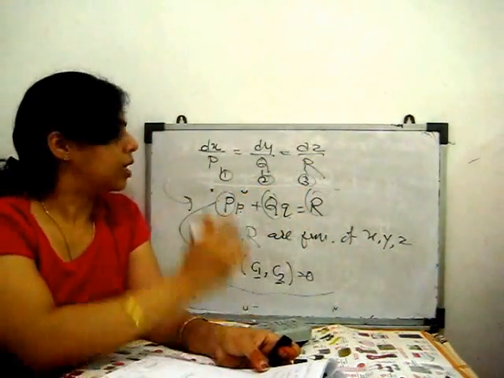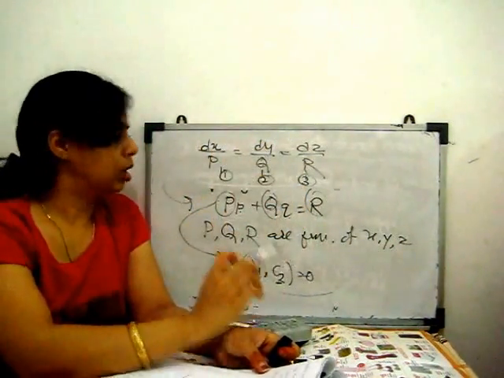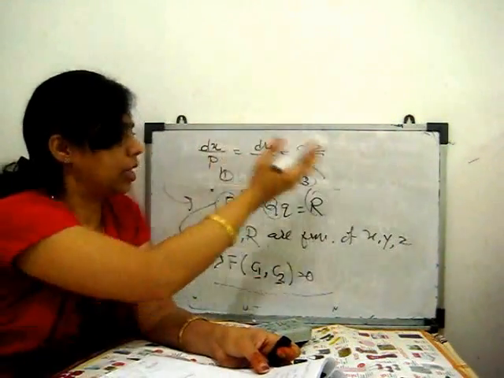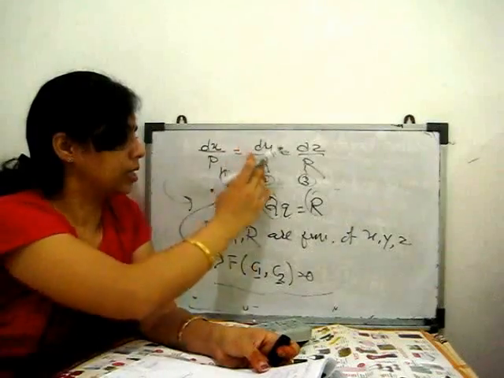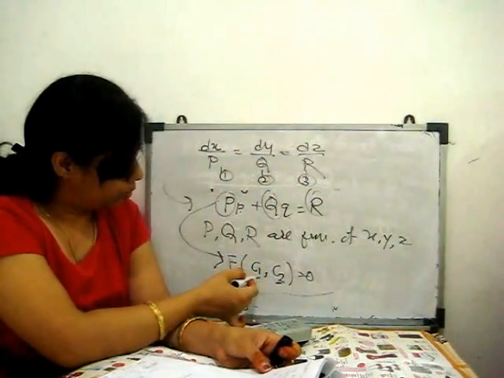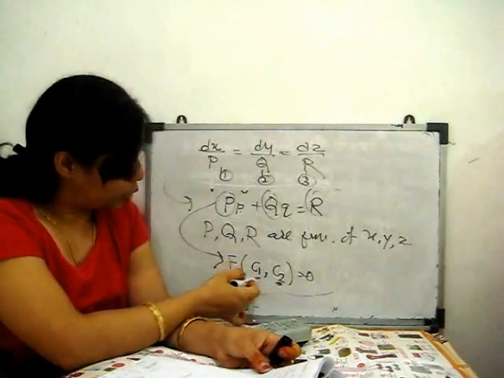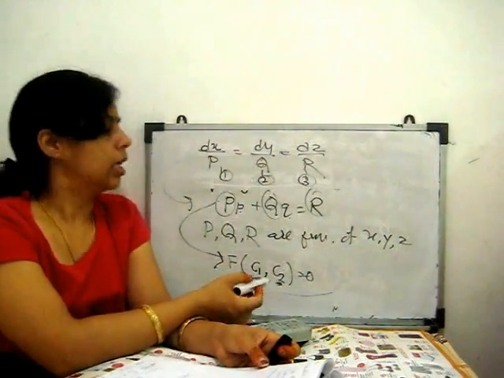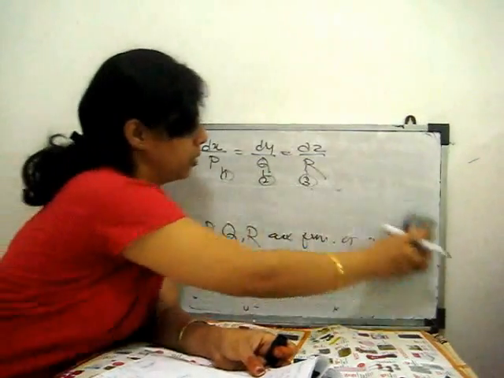We can solve any 2 relations. So from first and second we can find out one constant, from first and third other constant, or we can say from second and third we can find out the other constant. Both value of both constants substitute here, we will get the complete solution. One method is this. Second is, if sometimes